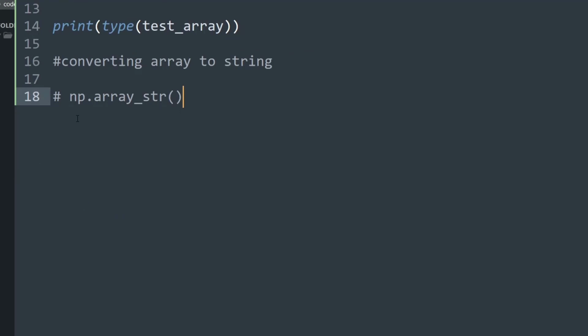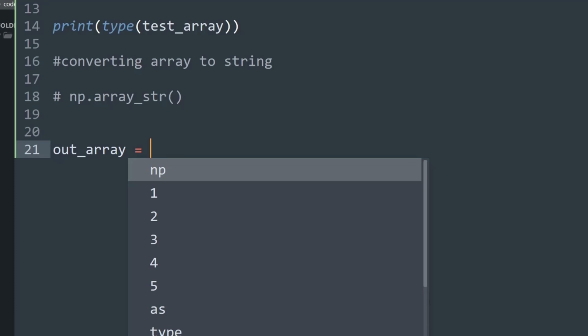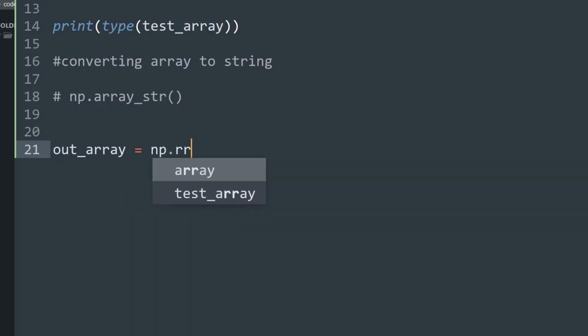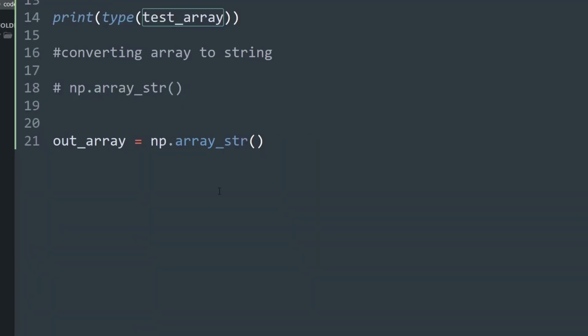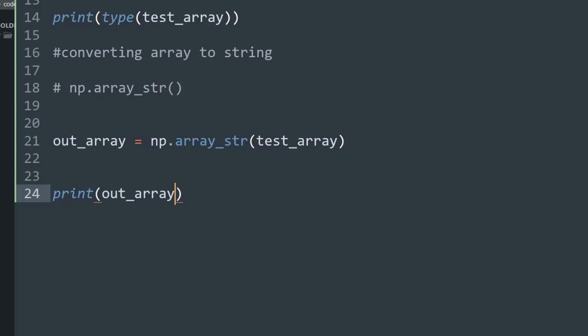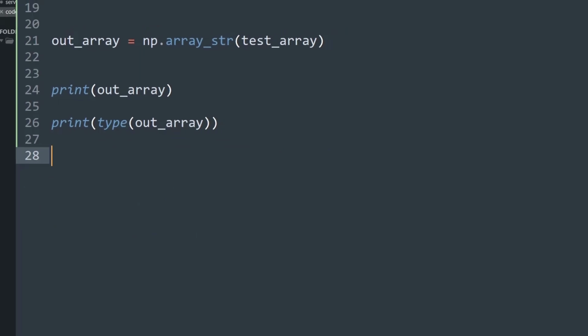Okay, so let me create another variable called out array, which will be the output array that we'll be getting. And now I'll say np.array_str, and in the parentheses I will put the name of the array that I want to convert to a string. So in this example, I want to convert test array to a string, right? So inside the parentheses I'll put test array, and now I'll simply print the out array. I'll print it as well as I'll print the type of the out array using the type function. Let me just run the program,